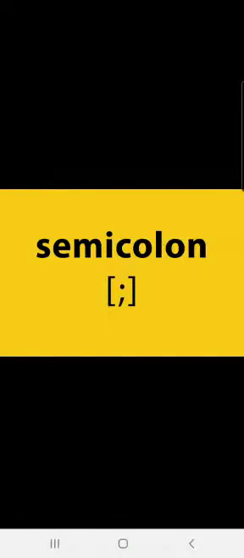Now today children we are going to begin with semicolon. Semicolon is a punctuation mark which looks like this. Let us read about semicolons. Semicolons are used to separate two main clauses that are closely related to each other but could stand on their own as sentences. For example, children, you can see here, I have a big test tomorrow.